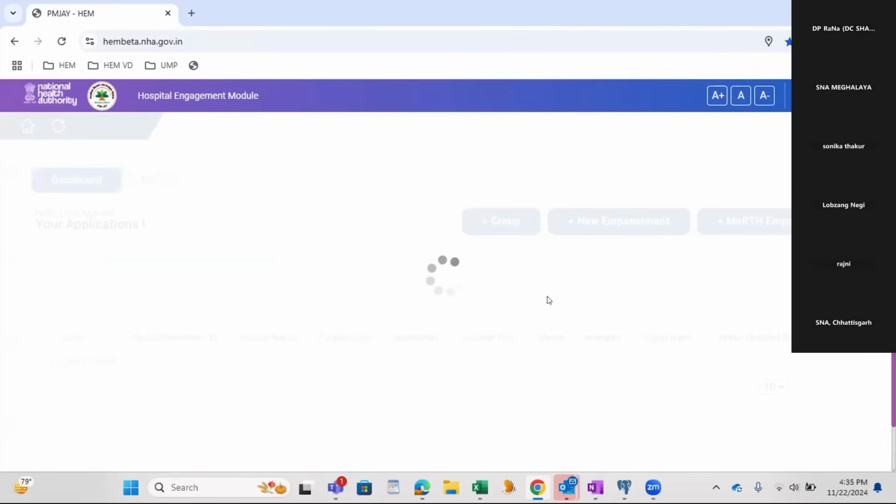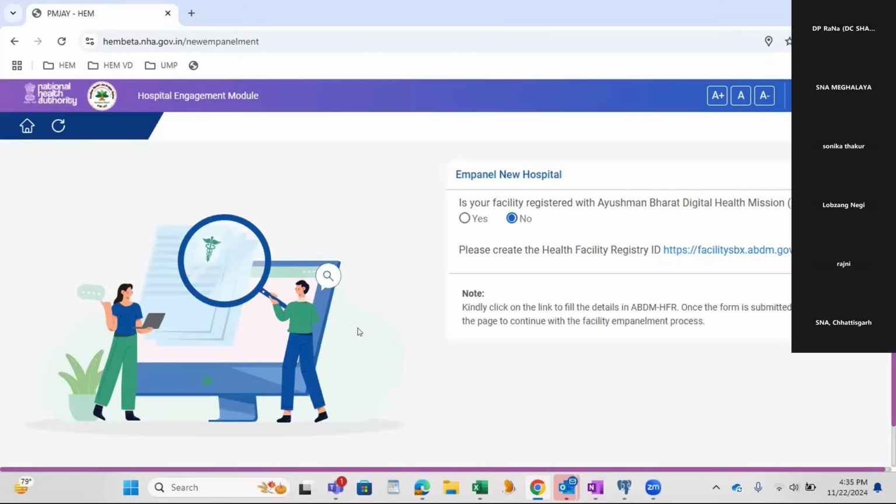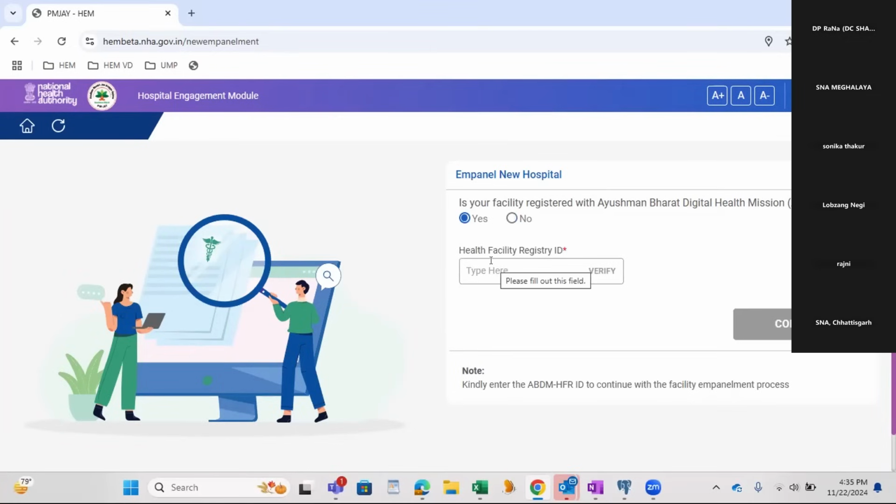But if you click on no, then it will redirect to a new empanelment hospital screen, where we ask, do you have a registered ABDM or HFR ID? If I click on no, you have an option to click on this and create the HFR ID. If I click on yes, it will again ask me for an HFR ID in a pop-up.